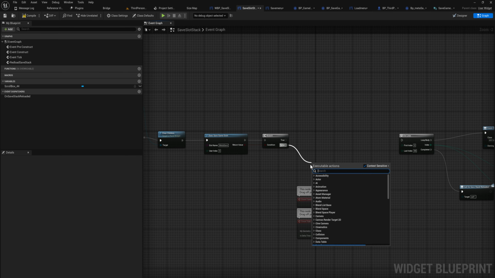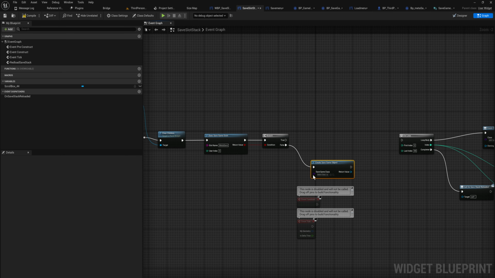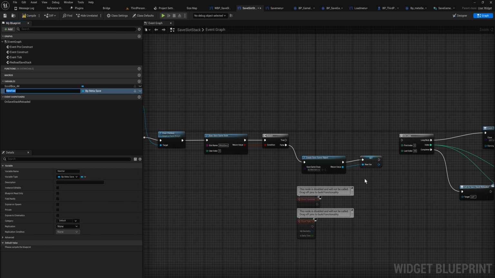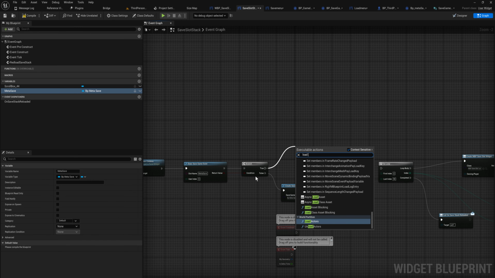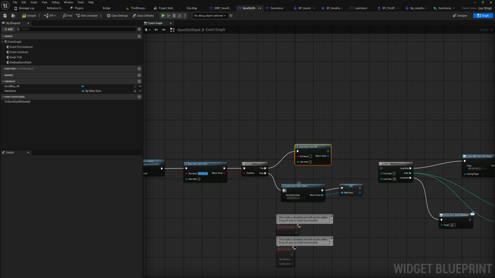So on false, we will create save game object of type BP meta save. And we'll just quickly promote it to a variable for meta save. And if it does exist, we simply want to load game from slot. And to be safe, I'm just going to copy over this name so there's no room for typos. This does need to be the exact same thing,